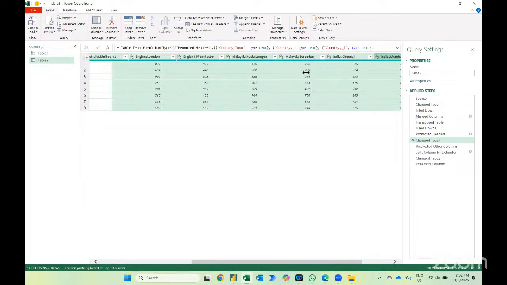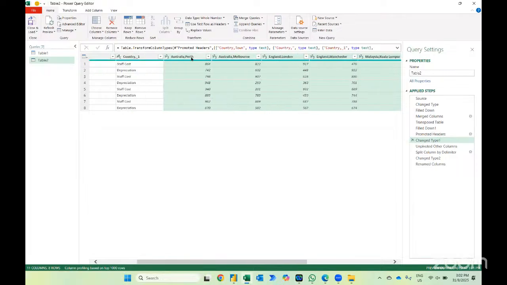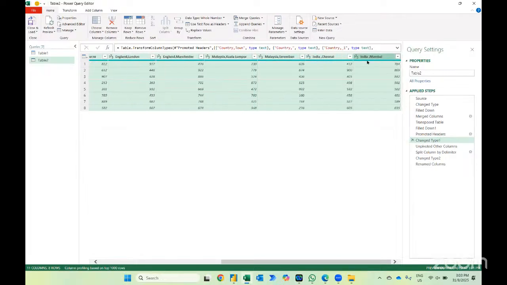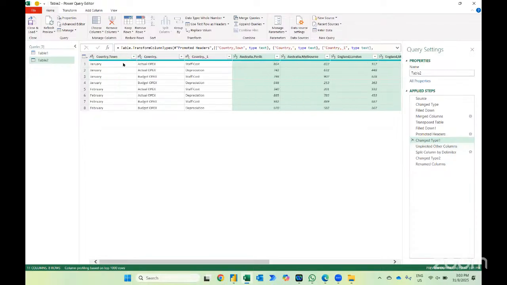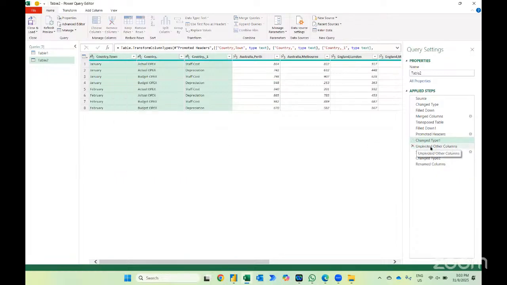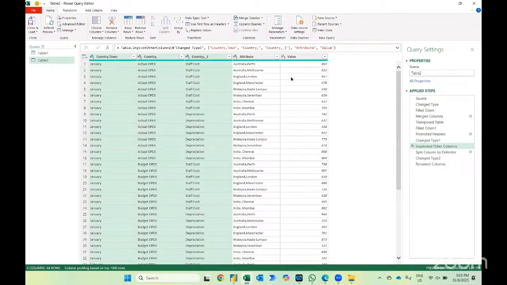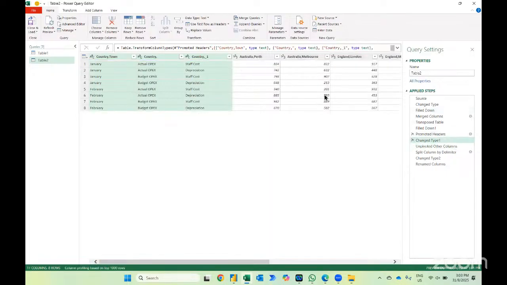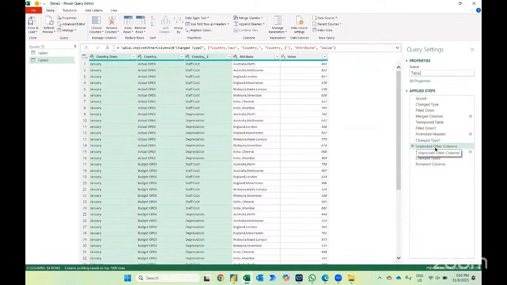So basically, what happened is, if you notice carefully, Mukesh, we have Perth until Mumbai appear as a header. What I did is, I pressed unpivot other columns. Unpivot columns, how I did it was, if you notice, I selected the 3 columns, right click, and I pressed unpivot other columns. When I press unpivot other columns, it will actually appear in this format. So Mukesh, do you get it? So initially, it was separated by, they have each town. But right now, when you unpivot other columns, I'll show you again, don't worry,